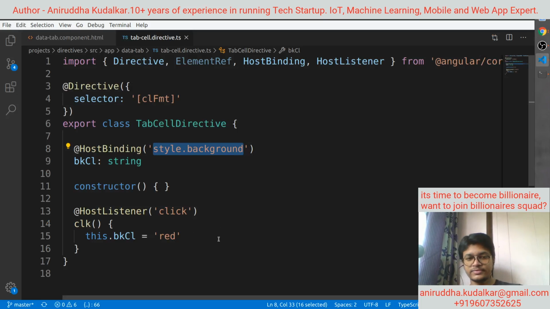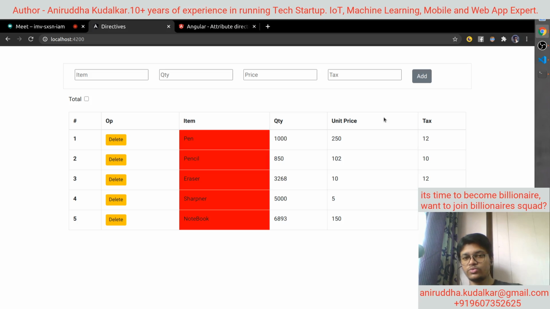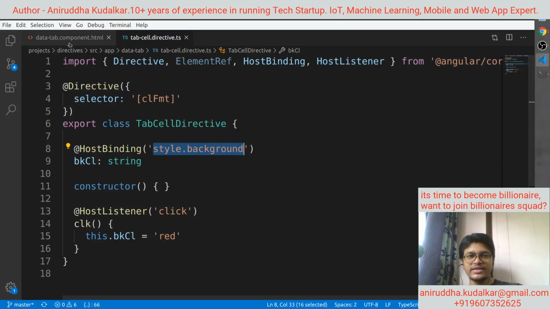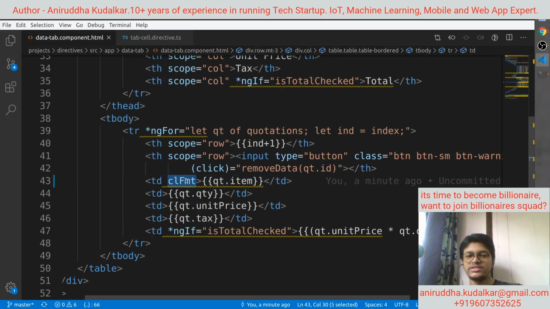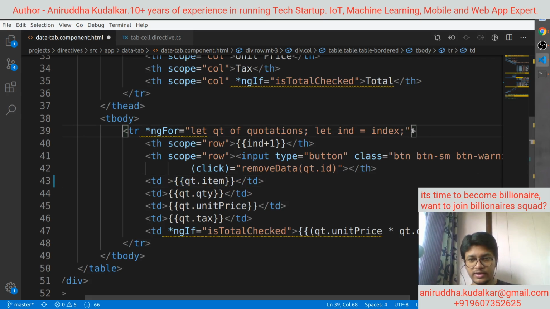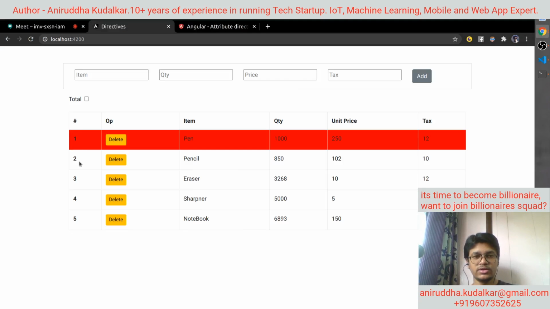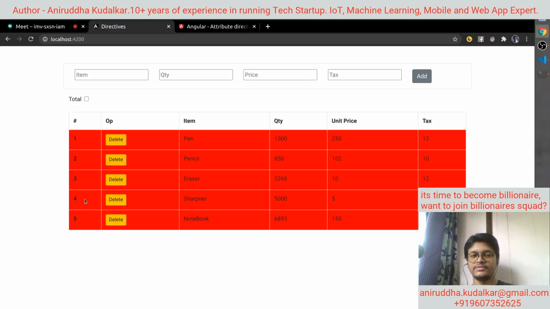Are you getting that? See, here it is not applicable. Here it is not applicable. It is applicable only here. Why? Because you have attached this CLFMT on the one TD only, right? You can attach it to the row also. So I remove it from here and I can attach it to the row. If you click on the, can you see, the particular row would be getting selected,